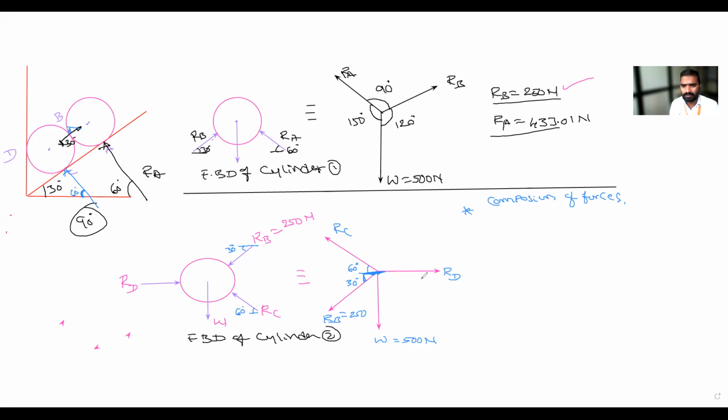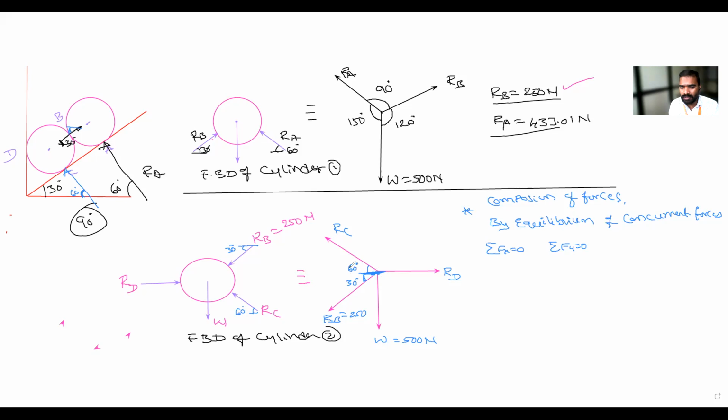So by equilibrium of concurrent forces, what is sigma Fx is equal to 0 and sigma Fy is equal to 0. अभी इसमें मैंने ये इक्वेशन सिलेक्ट करने का, from which I can find out the unknown. ओके, एक इक्वेशन से एक अननोन फाइंड आउट करते हैं. See, sigma Fx is equal to 0, RD आएगा, RC आएगा, RB आएगा.